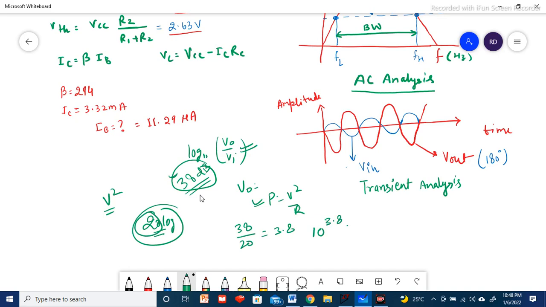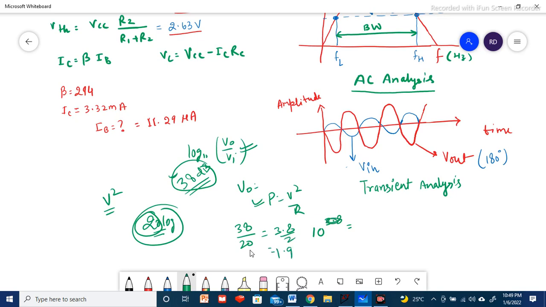Then you take 10 to the power of this value. Sorry, it is 38 by 20, not what I had taken before. 38 by 20 is 1.9.